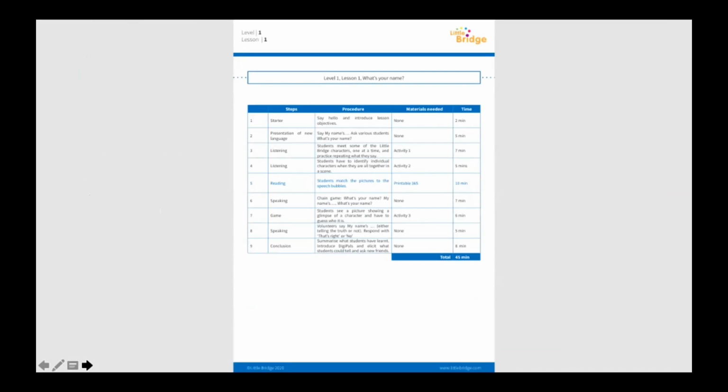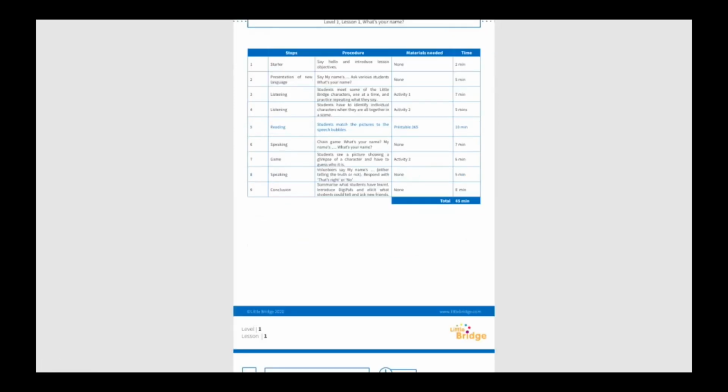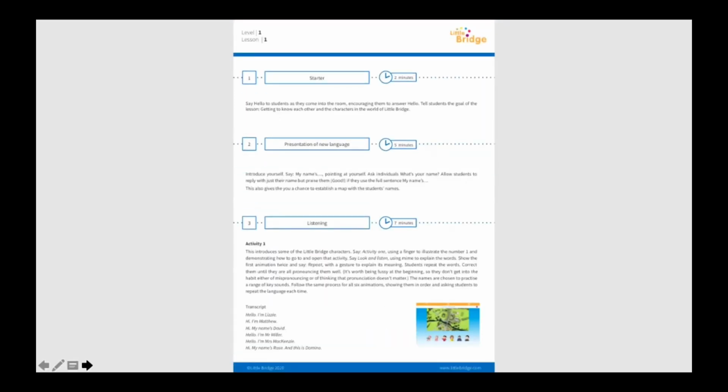Page 2, the summary: how many minutes in each activity, what skill, what materials, and maybe you decide this is the way you can plan your lessons, in how long, how many times in a week you are going to be using the platform. So you can create a calendar from now until the end of the school year. And you say, well, I'm going to work with level 4, level 5, level 6, level 1, etc., the level you are going to be working with, to know how many lessons you are going to be working on with your students. And this timeline, this division of the timing, helps you. Then comes the plan, activity per activity.